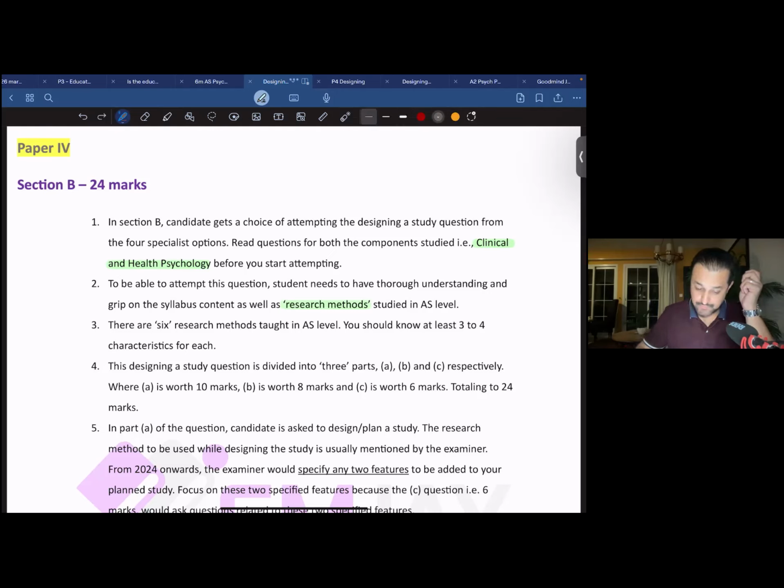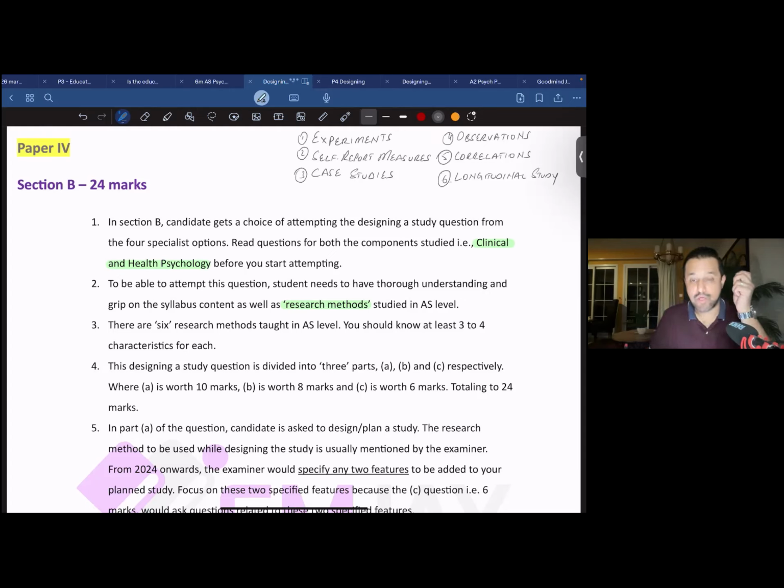experiments, self-report measures, case studies, observations, correlations, and longitudinal studies. So these 6 different